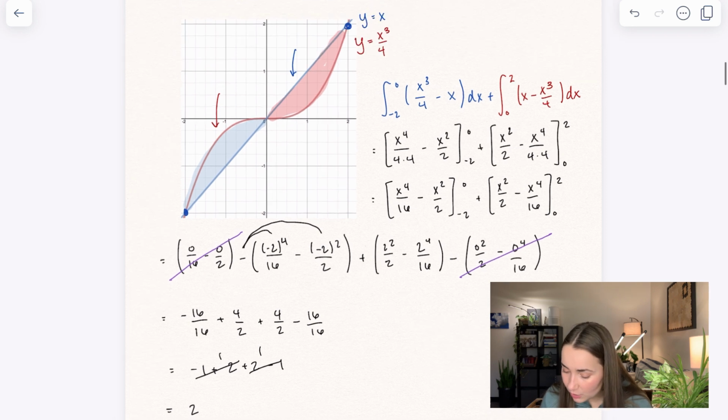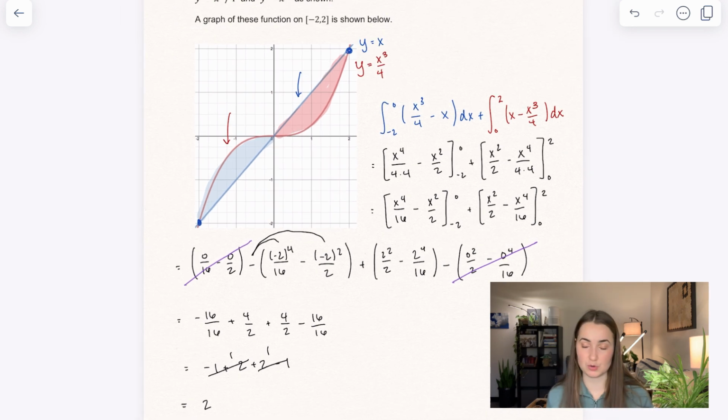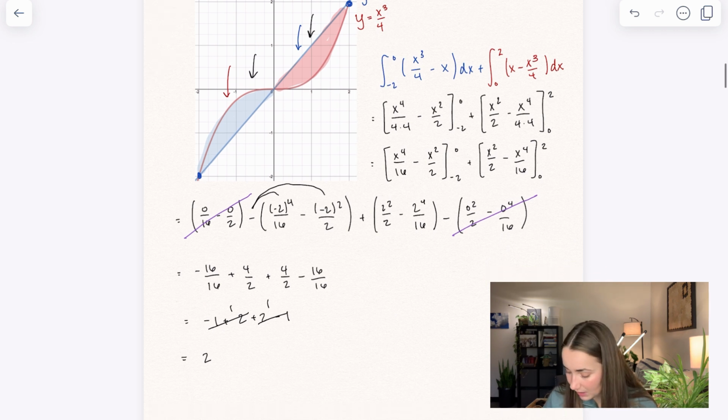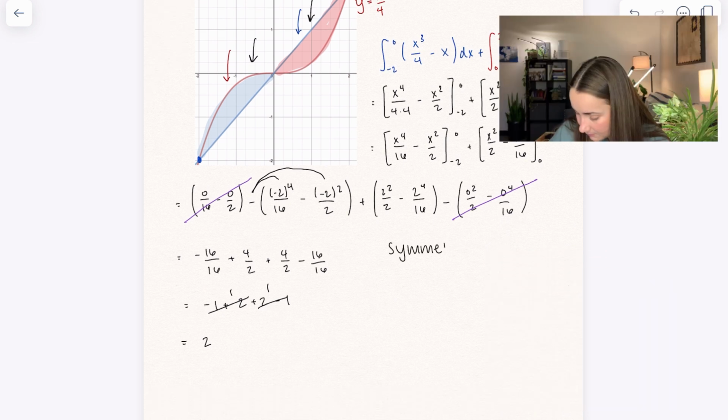There is another way you could have looked at this, and you could have used symmetry. So we have that both of these little areas that I've already colored in are symmetric. They're exactly the same. So instead of setting up two different integrals, if we use symmetry, all we would need